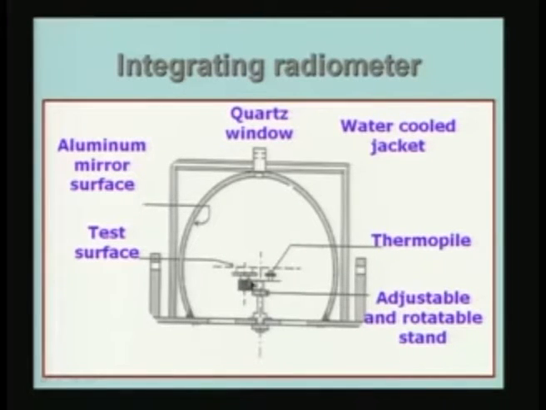Sometimes the black body is also arranged here, so that alternatively I can have the black body and the test surface being exposed, so that I will measure alternatively the radiation from the black body source and the radiation from the test surface, so that the ratio can be taken and then we can get the emissivity of the two. So, with this, let us now look at the emissivity measurement. Even though the previous one is actually an emissivity measurement, I am looking at some specific methods of measuring emissivity, which I am going to look at now.